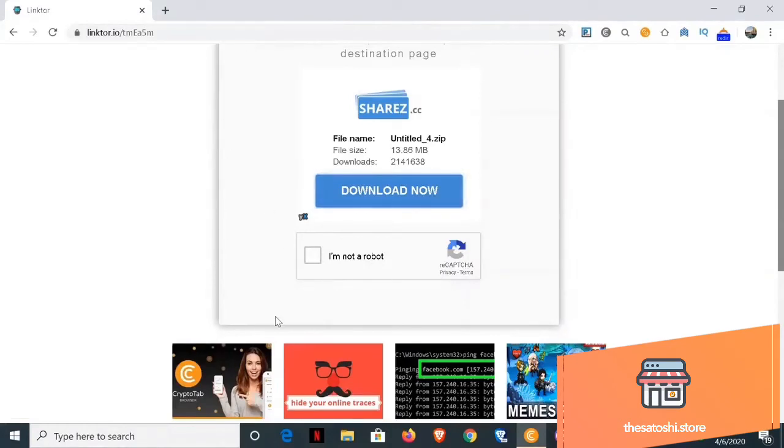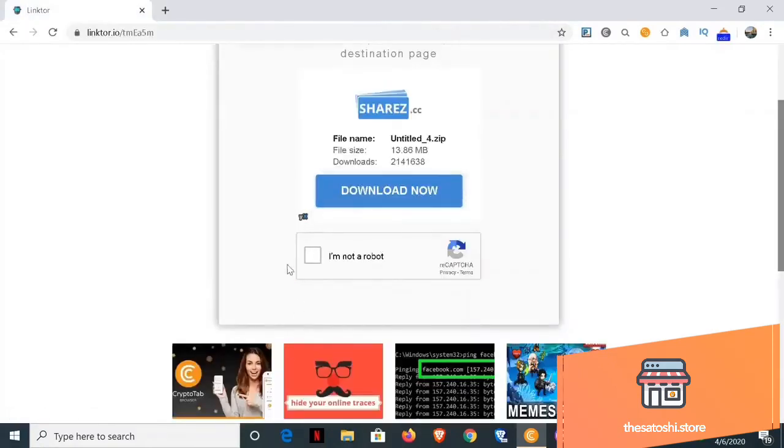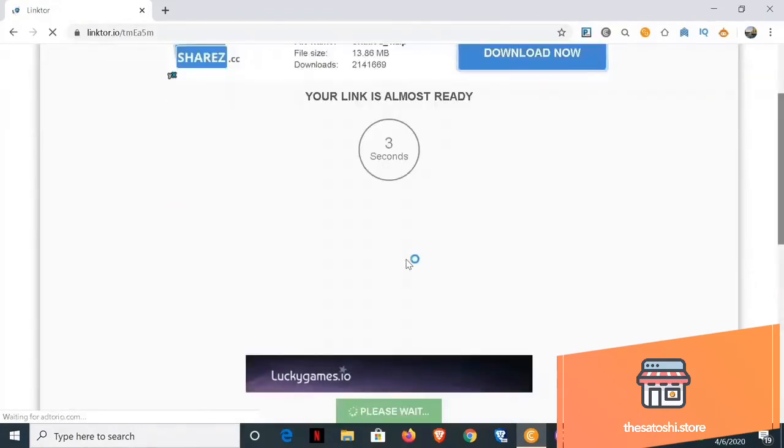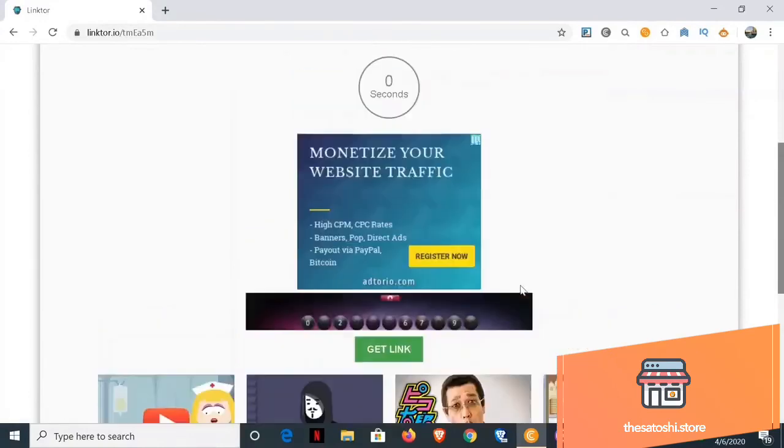So when you move your mouse, if it's a bot, it'll just go straight away and click on the box. But humans don't always move the mouse in a straight line. There'll be some distortion at least. So if you move your mouse with some distortion, you'll be able to click on it, and it'll get solved very easily, by itself. You don't need to do anything else. Sometimes you might have to, but as you can see here, it just finished for me. I didn't even have to solve it. So that's one small neat little trick for you to use.